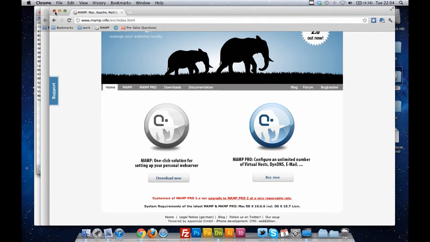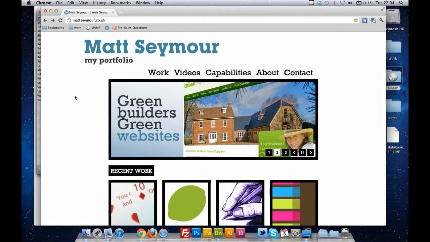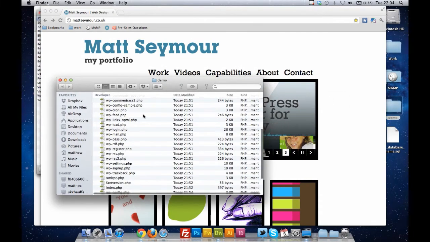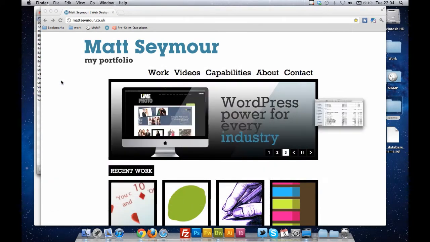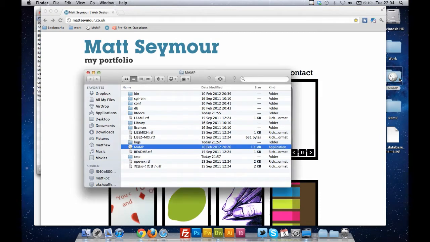So, close that down. This is a website you want to download. The first thing you want to do is actually download a copy of your website. I choose FileZilla, and I've got my copy of my website here on the desktop. Once that's downloaded, you want to install MAMP. Once that's downloaded and installed, you want to run it,